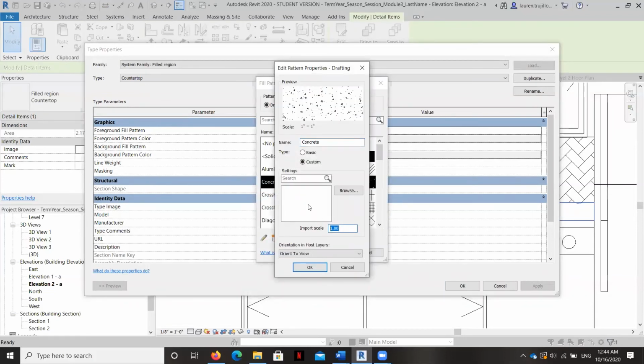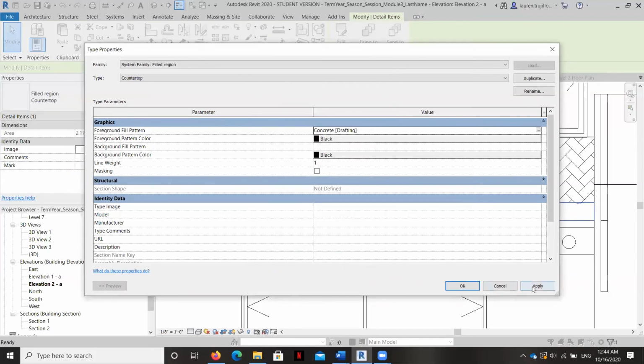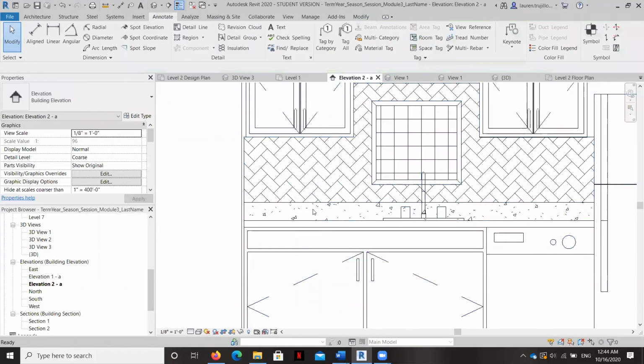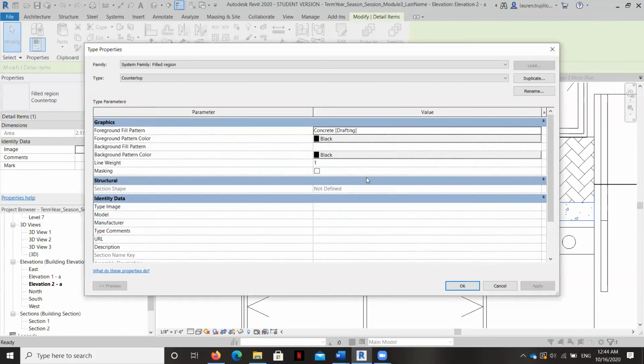And I'm going to bring the scale down to, let's say, 0.25. And look at that. Okay, and then we just have to unmask. Okay, it's unchecked.